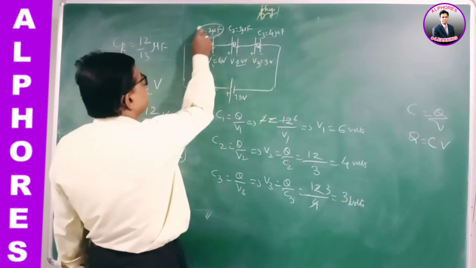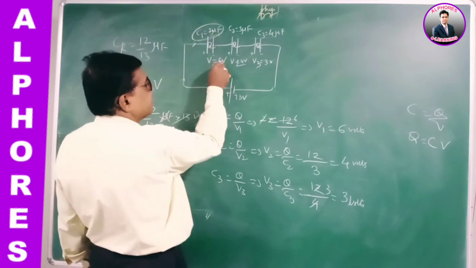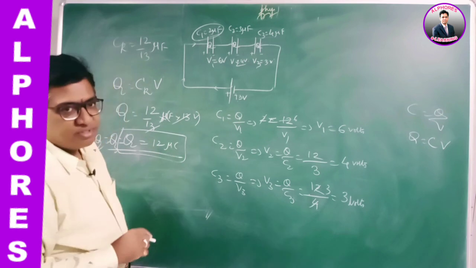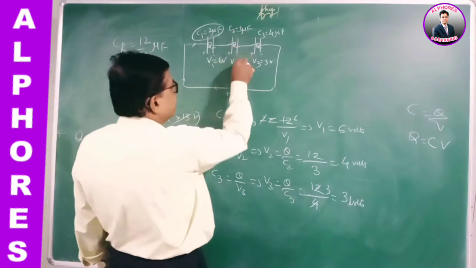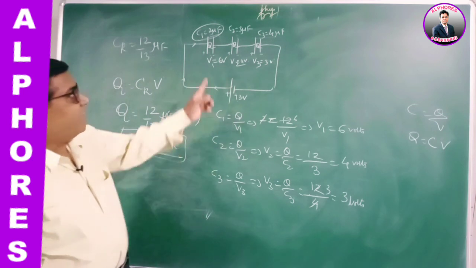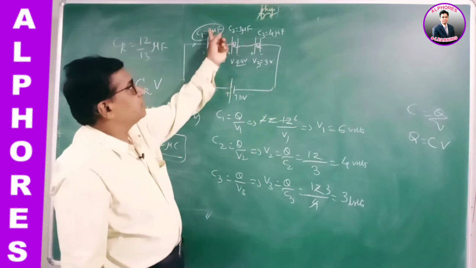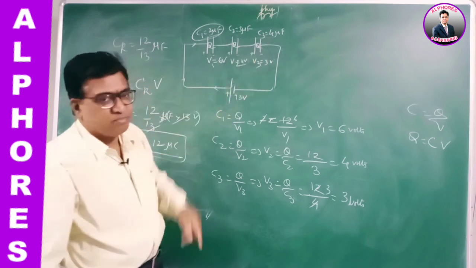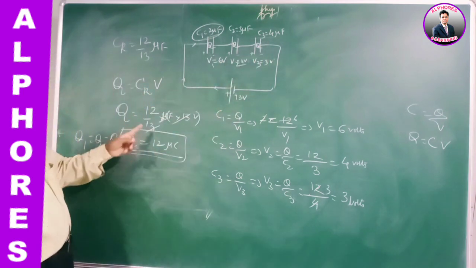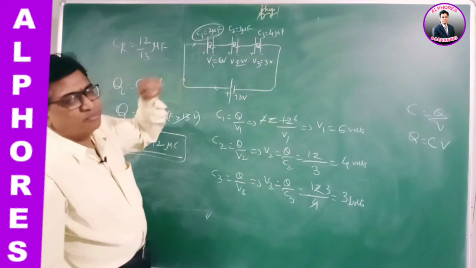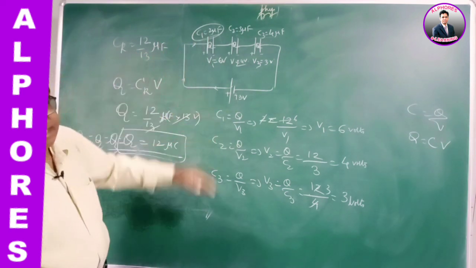You see, this is 2 microfarad, 6 volts. The product, 6 twos are 12, the charge. Q is equal to CV. 3 fours are 12, 4 threes are 12, same charge, right? And the capacity, this is smaller, this has bigger voltage. This is bigger capacity, less voltage. The resultant capacity is 12 by 13, less than 1. The least capacitor itself is 2. The resultant capacity is less than the smallest.